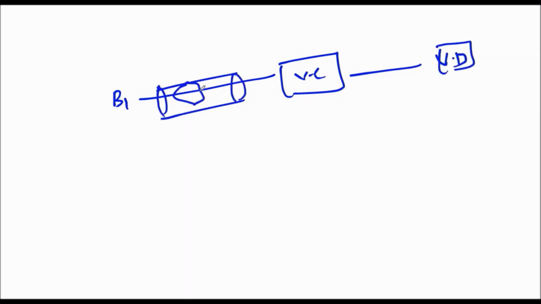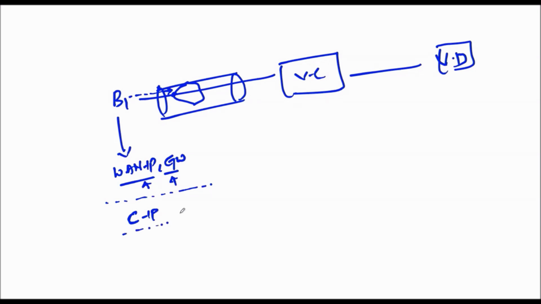In order to establish the VPN tunnel, what parameters does the branch require? It requires at least the WAN IP address and the gateway information. So what is the WAN IP address and what is the gateway router information? We are trying to get that information. After having the WAN IP and gateway information, what is the controller IP address?